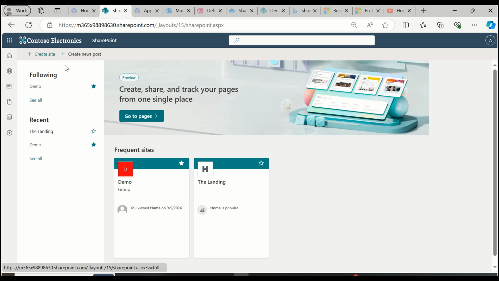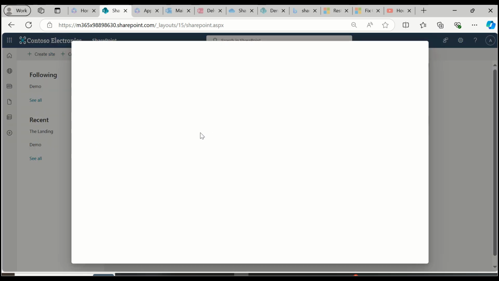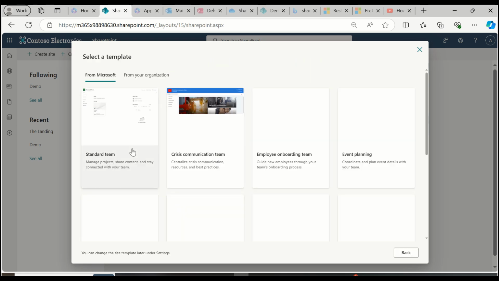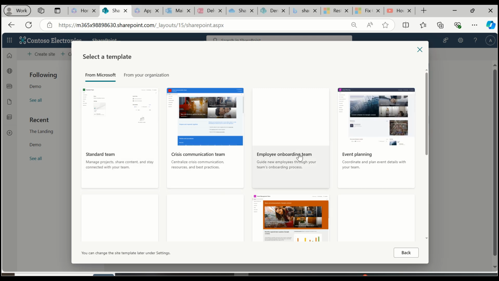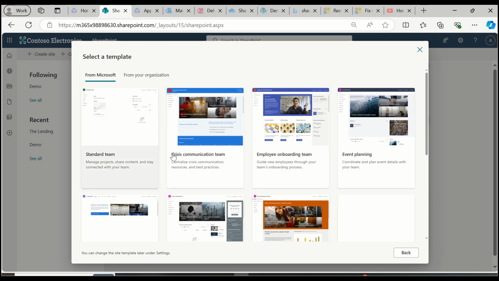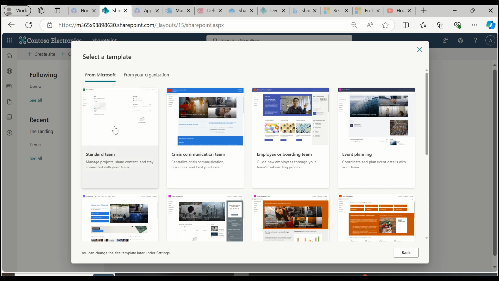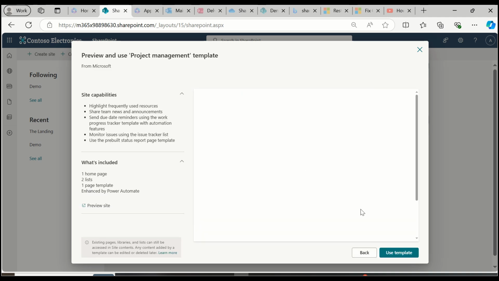So I should click on here, create site, and this time around we're going to choose a team site, guys. So again we have pre-built templates that we can use, and then we can also choose from the standard theme. So I will just go with the standard theme, but I like colorful things, so maybe we can just go with project management here. This template, use template,